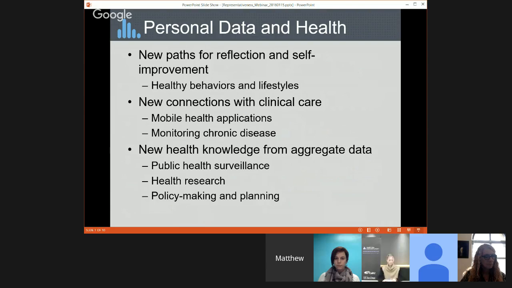We also know that all of these new data streams, whether it's Google searches or Twitter posts or Facebook, can be used for things like public health surveillance and to understand the spread of disease and of public health issues and how those are playing out on a larger scale. And finally, these data can get used for policymaking and planning. And I think we're seeing that more and more as these data make their way out of